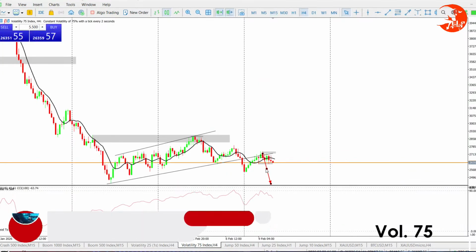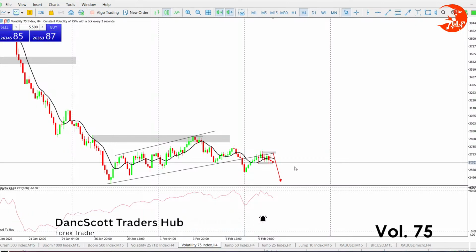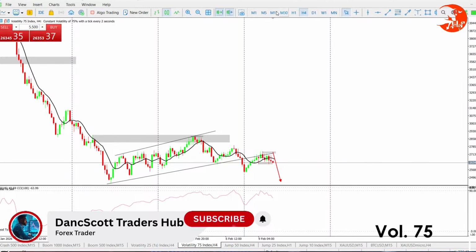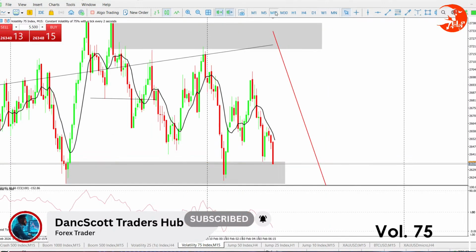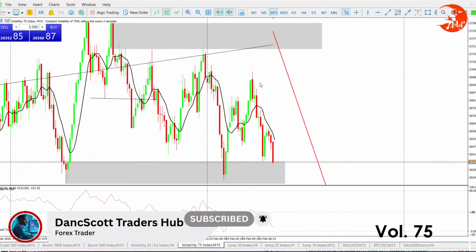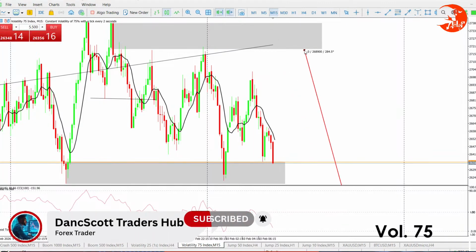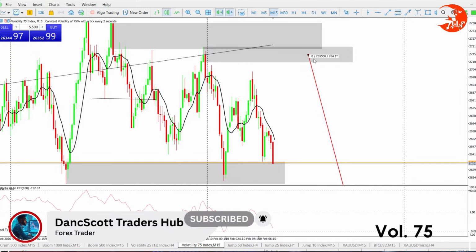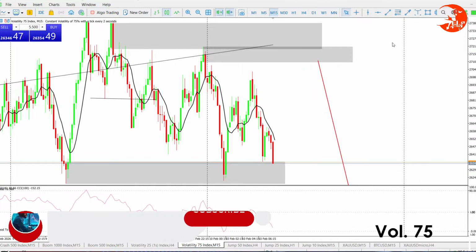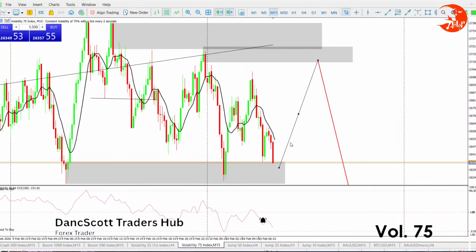Let's go to H4. Is H4 ready now to sell? I believe so, and it is below our 10 MA. Yesterday we were waiting for H4 to start selling, but now I see M15 is the one that we need to wait for to start selling. So M15 is not ready for the sales, and that is likely to bring us all the way back to this OB right there. So this might be our move for the sales to start perfectly.